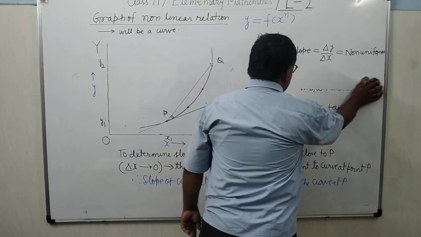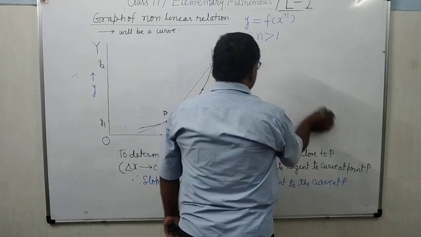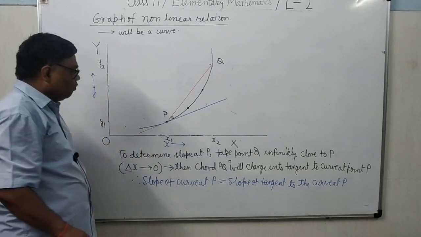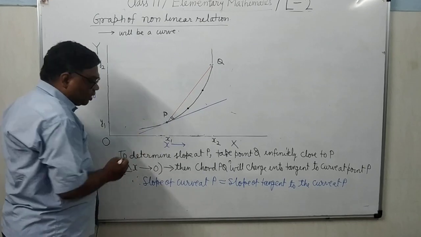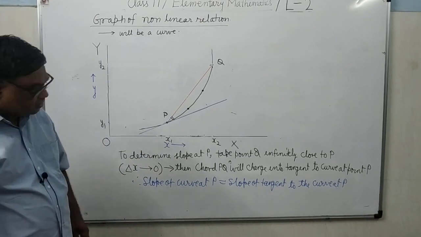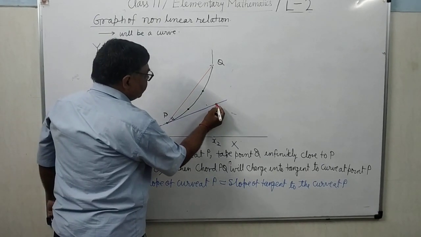जिसकी स्लोप फाइंड आउट करनी है उसके ऊपर दो पॉइंट्स लेते हैं. फाइंड आउट देयर एक्स वैल्यूज, वाई वैल्यूज. सो नाउ वी हैव टू फाइंड द स्लोप ऑफ tangent. So we will take 2 points on the tangent. Take 2 points on the tangent. It's clear. One point I have taken this, another point I have taken this.